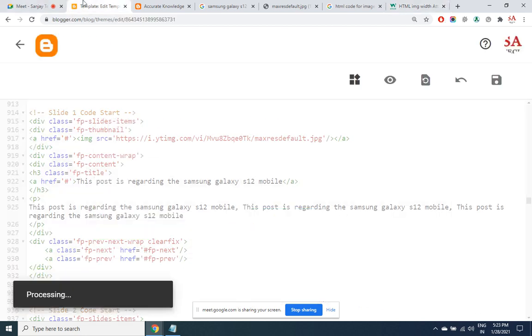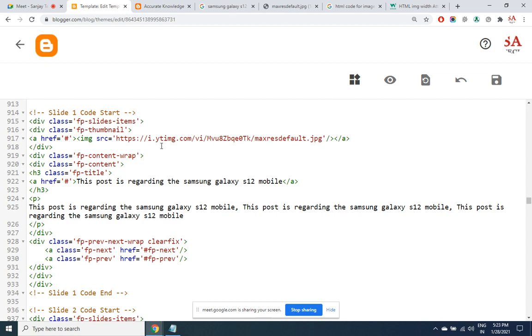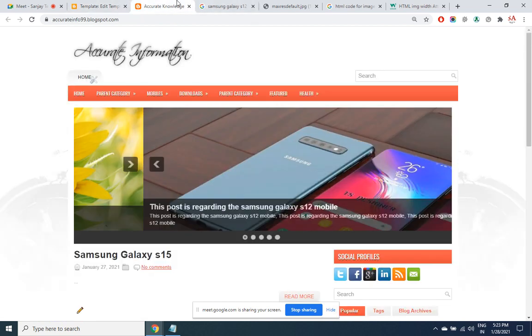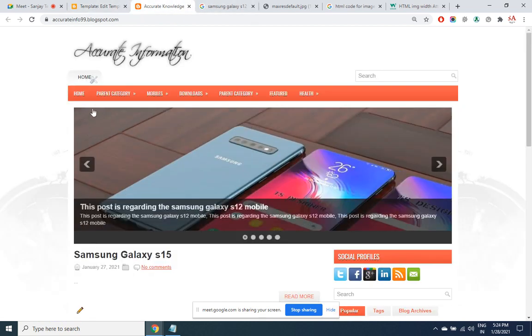I'll go back to the template. This is where I added the slider. This time I want to set the height and width of it. Roughly the height and width ratio looks to be 1:3, if you see here. This is the height, this is the width. So let us try. It may work, may not work.